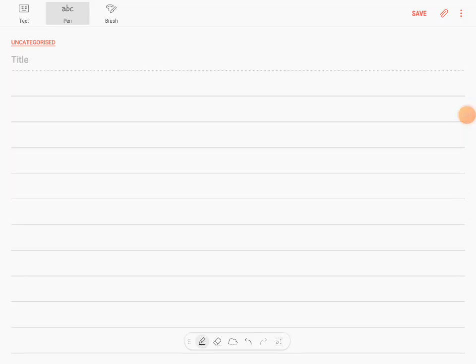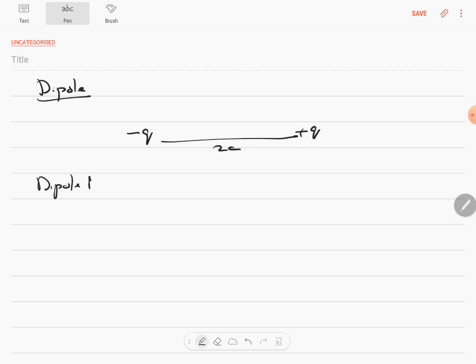This is about the dipole. What is a dipole? A dipole is two equal and opposite charges, minus q and plus q, separated by a distance of 2a. What is a dipole moment? A dipole moment is either of the charges